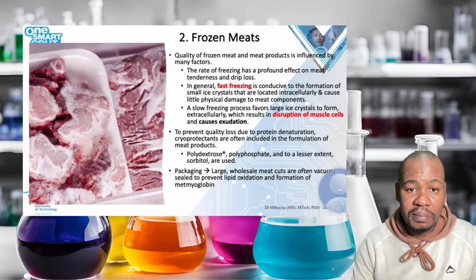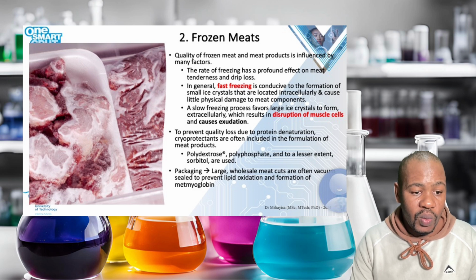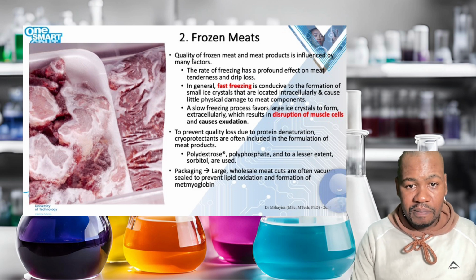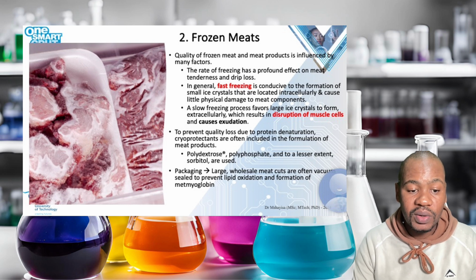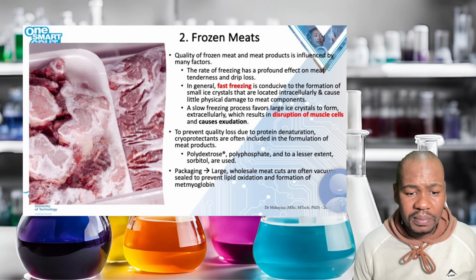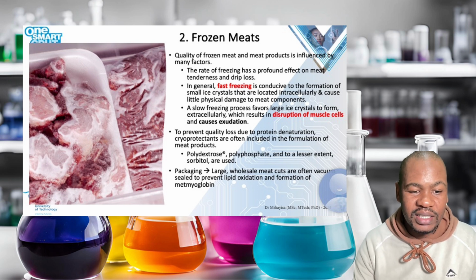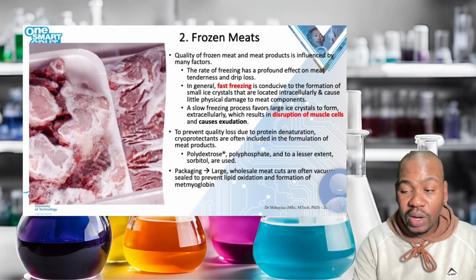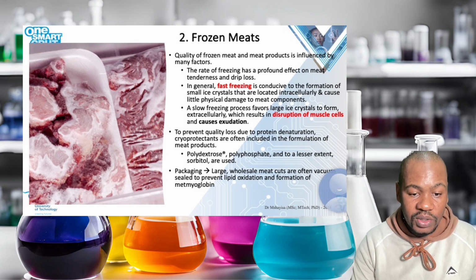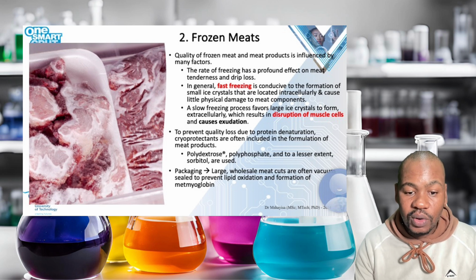So if we look at the frozen meat products, the rate of freezing has a profound effect on the meat tenderness and drip loss. But what does this mean? Perhaps that is the question that arises. So this means that rapid freezing encourages the formation of smaller ice crystals inside the cells. These tiny ice crystals cause minimal physical damage to the meat,